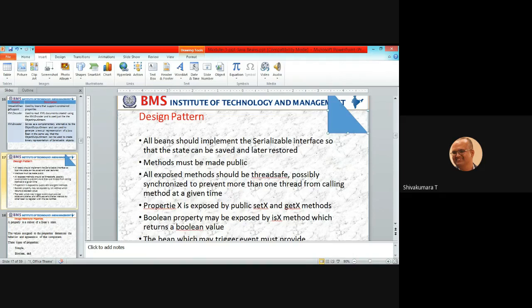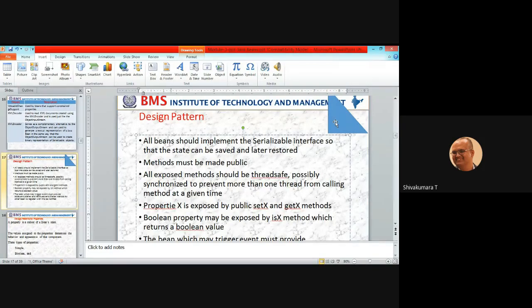Then all exposed methods should be thread safe. It means that if this PowerPoint is shared among different machines remotely, and somebody is using the same shape I'm using, the triangle, there should be no interference between these two.